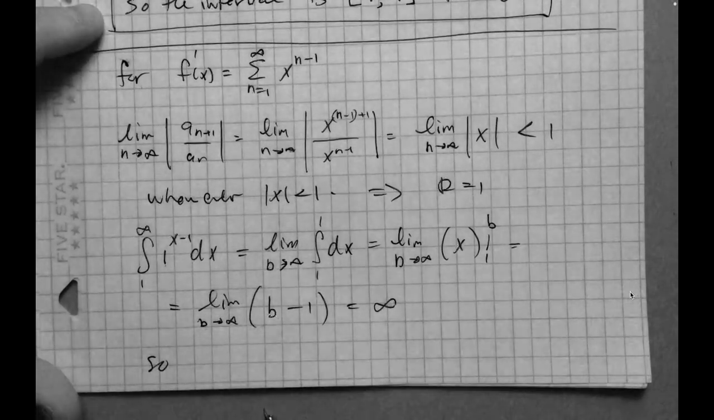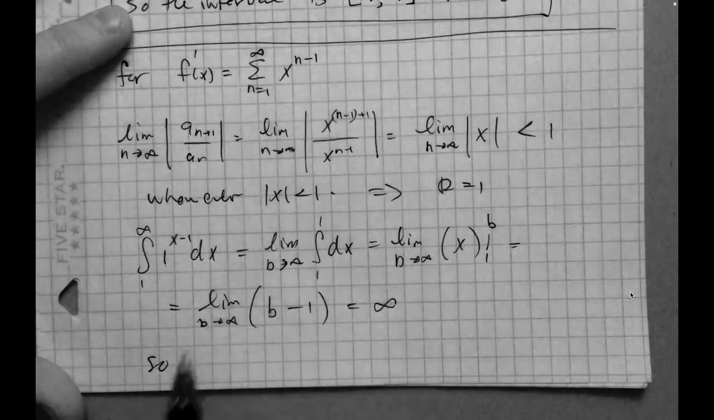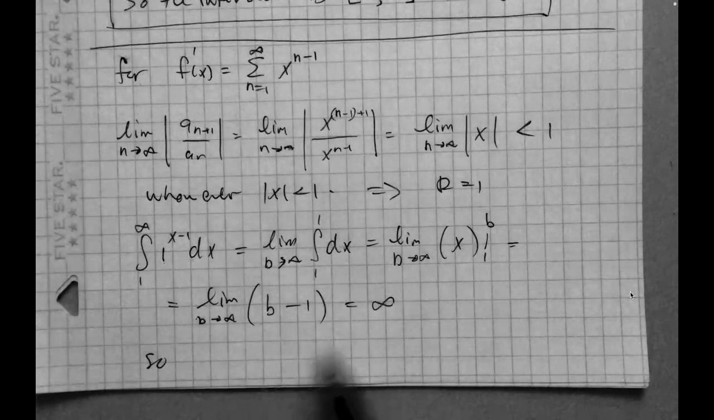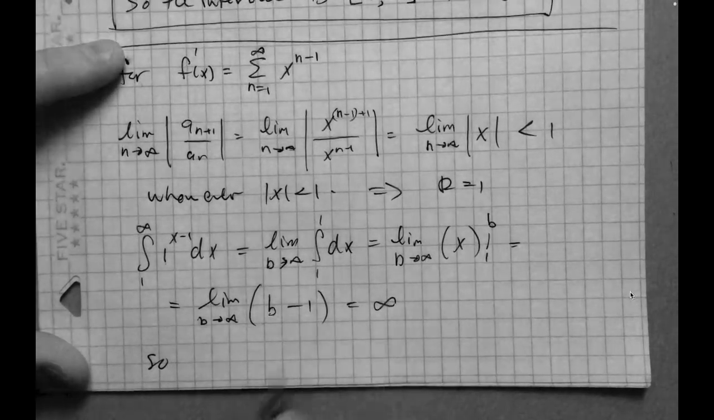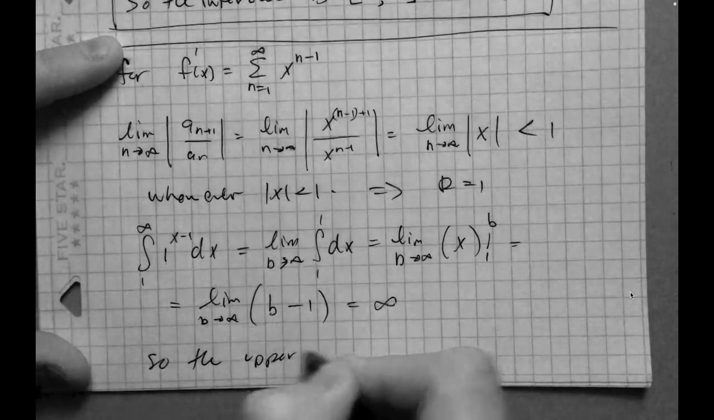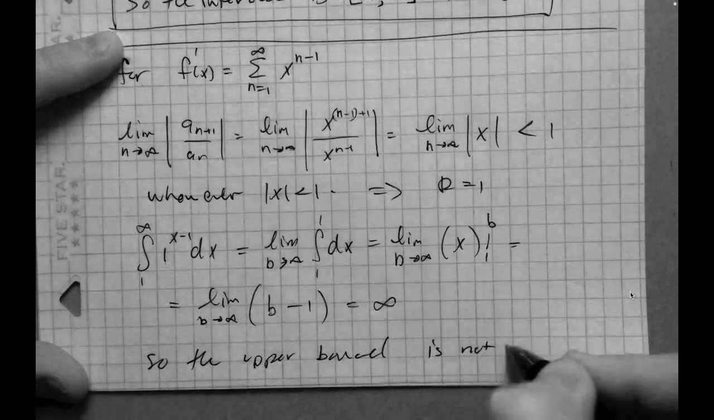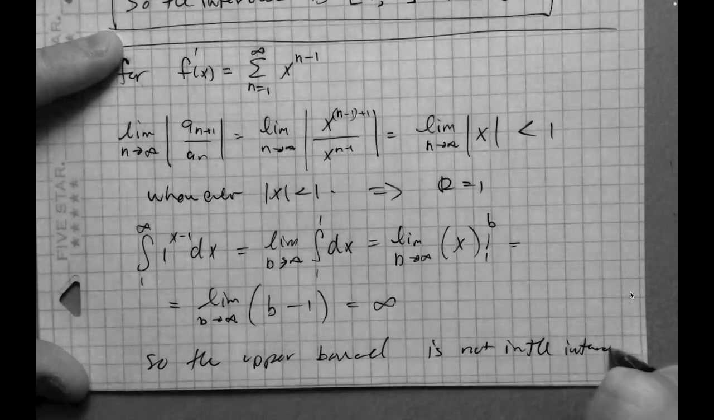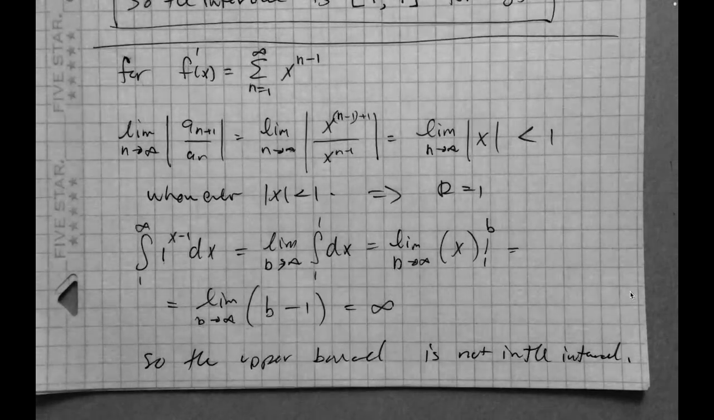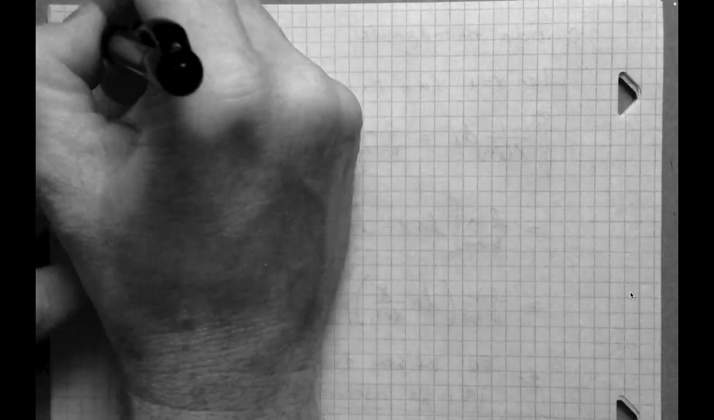So the upper bound diverges, right? And hence the upper bound is not in the interval. Okay. All right. Now, what about the lower bound? What about x equals -1? Does that work the same way? Well, it's not as straightforward with the integral test. So for the lower endpoint,